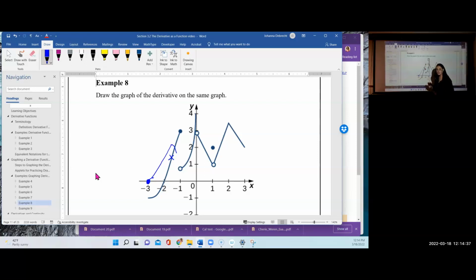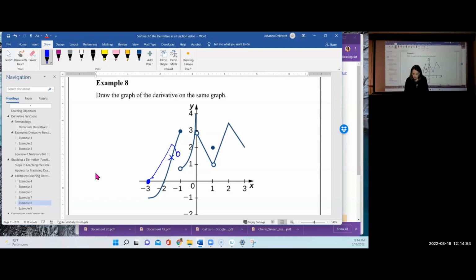So since we have no unique tangent line there, then we have no derivative there. If we have a derivative, it has to be continuous. And that's definitely a point of discontinuity. Jumps are always discontinuous points. So we have no derivative at jumps. So we're going to have a hole in the graph